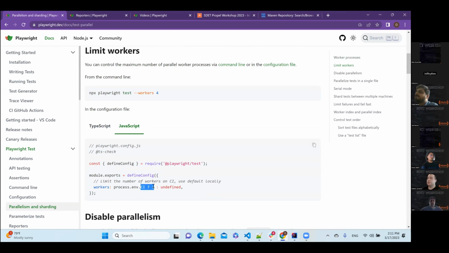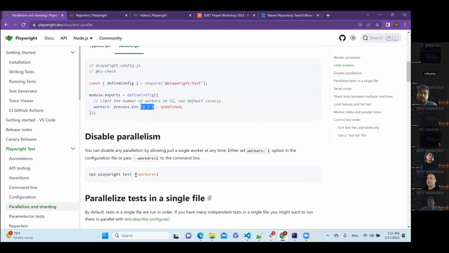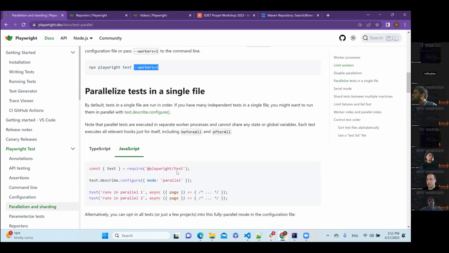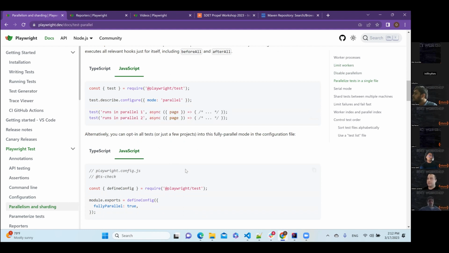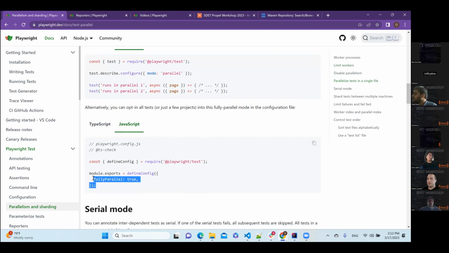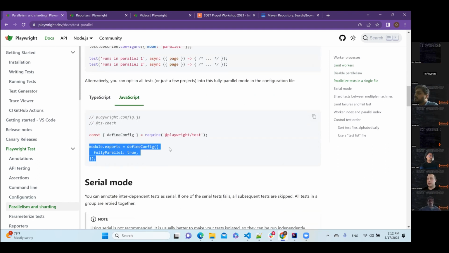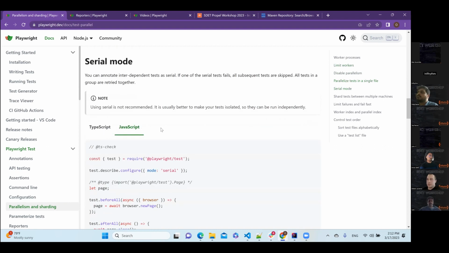And we have an if condition for the CI/CD pipeline, which is good because in this case we can control the number of workers. Possibly locally everything's working well, but in CI/CD we have some issues, or the opposite. Or we need to disable parallel testing. In this case, we just put one worker. This is test case level, but I prefer to use global level in the config file. In this case, I can run all test cases in parallel. You can see this Boolean in the documentation for TypeScript or JS.